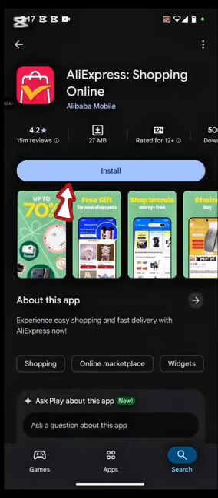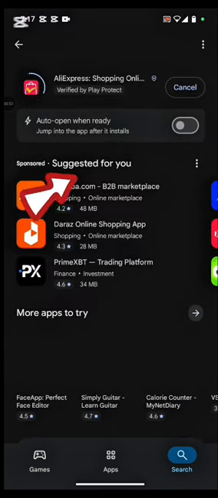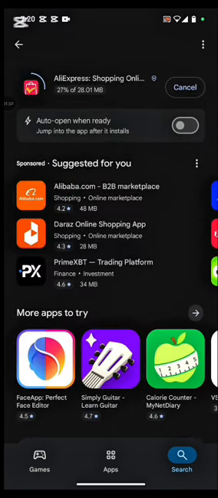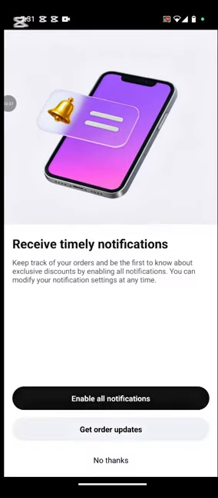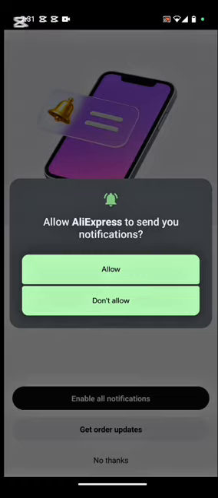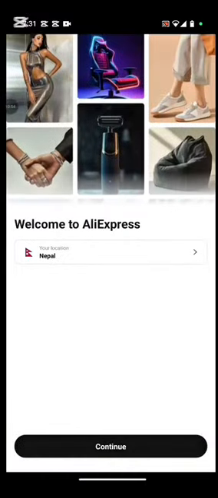Tap on the application. On the next page, click on Install button just below the application to begin the downloading process. While downloading an application, make sure that you are connected to a strong internet. Once the application is downloaded, tap on Open button to launch the application. Now, to sign into your AliExpress account, you can simply go and open up the application and fill in the